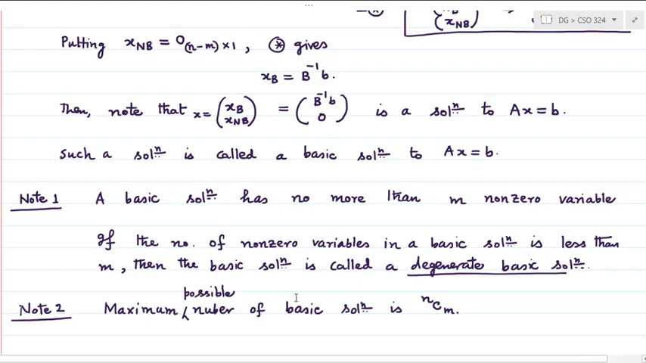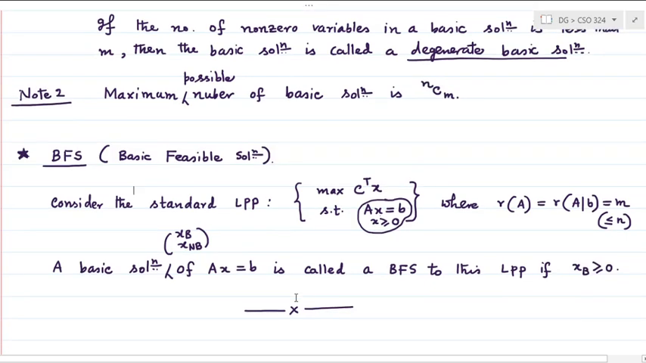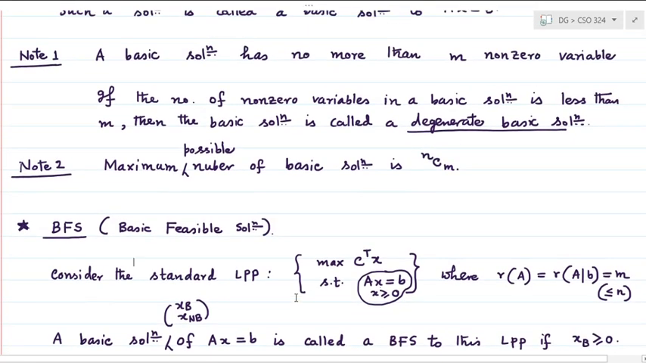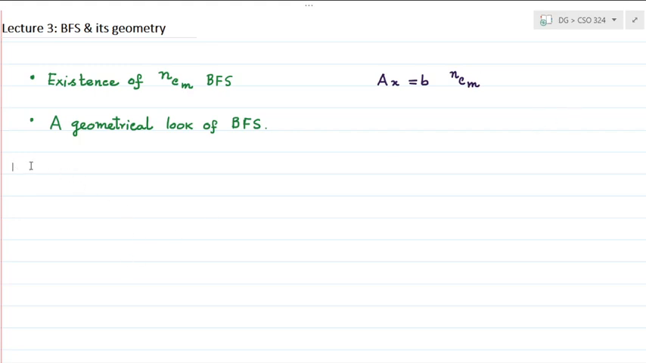Fine. So these were the topics that we described on the last day. Majorly, we described the notion of basic feasible solution and degenerate basic solution. Now today we shall start our discussion with a particular result which will give us a necessary and sufficient condition, satisfying which we can ensure that a given system of equations Ax equals b will have the maximum number, that is nCm number, of basic